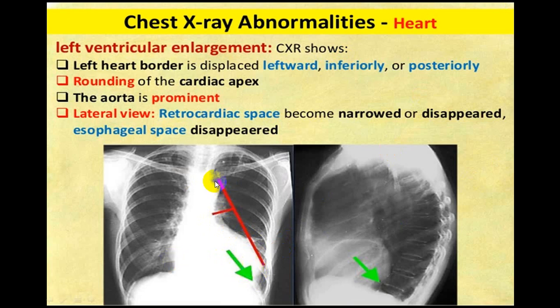If I draw the line from the aorta towards the apex, and if there is a curvature like this, this is in favor of what we call left ventricle. So if you get this particular shape, this is left ventricle, and I want to confirm it. I'll see that there is an increased shadow on the posterior side of this midline. If I draw roughly this oblique midline from the hilum towards the apex, and if this shadow is increasing here, this is left ventricle. If in this area I get an increased shadow, it will be right ventricle.